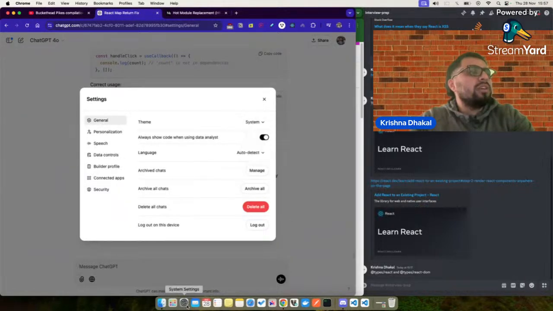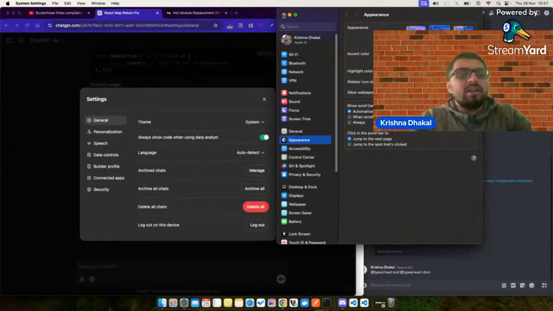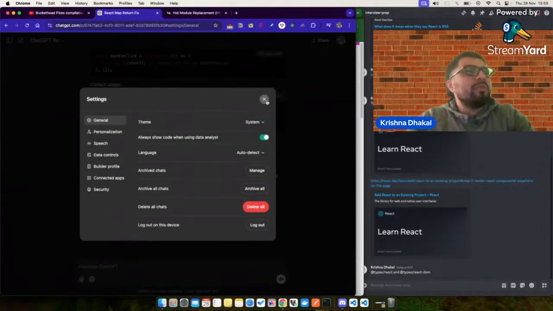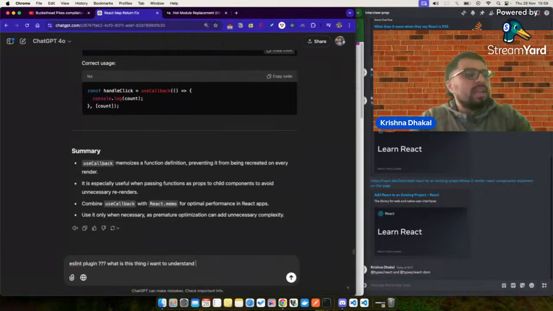Let me change the system theme to darker so that you guys can see a bit more properly. This is the dark theme that we are using right now. So dark theme is good. ESLint plugin, what is this thing? I want to understand this thing